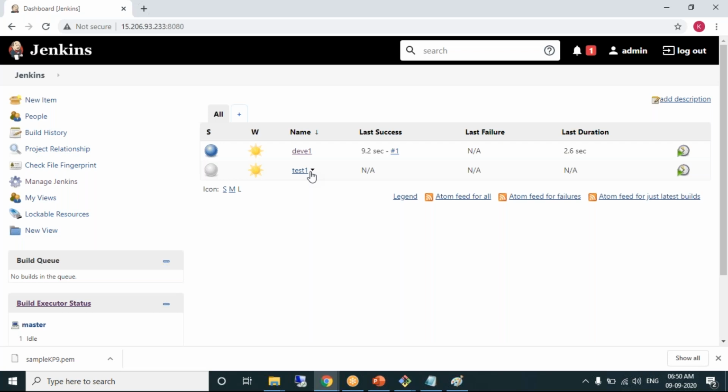So you can restrict. Sometimes we get information from the development team or testing team that a job is very time-consuming and needs a lot of RAM. They provide this information, so immediately we say, okay, let's put this job on the slave. So for this particular test one job, I want to restrict it so that it runs on the slave machine.